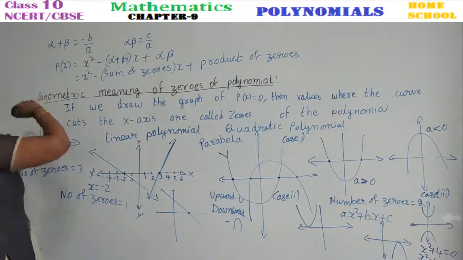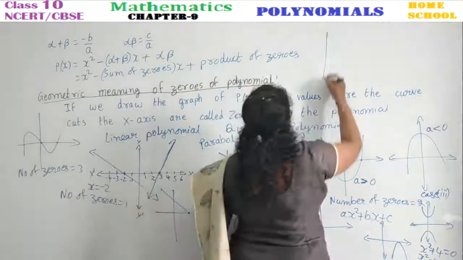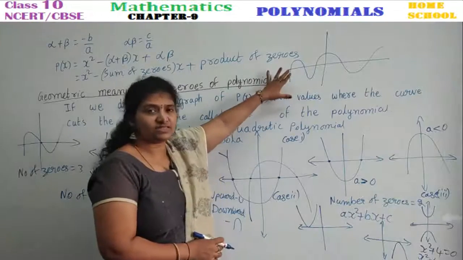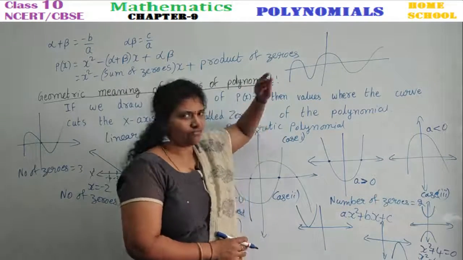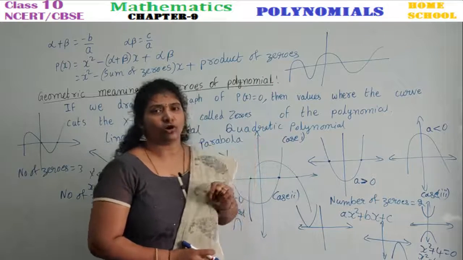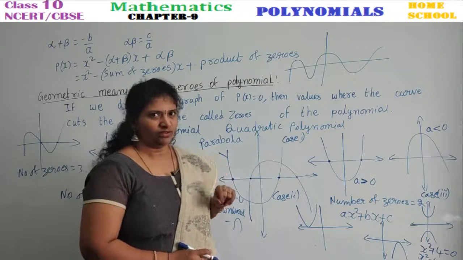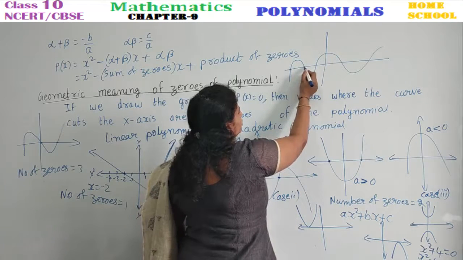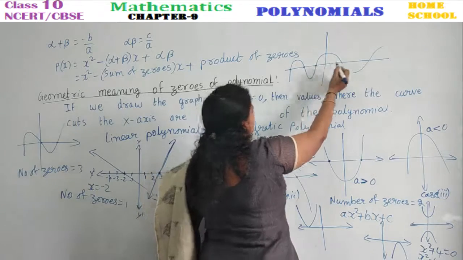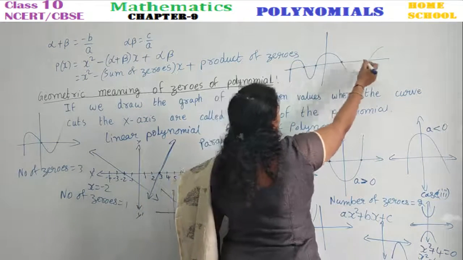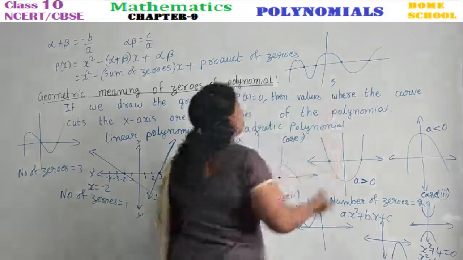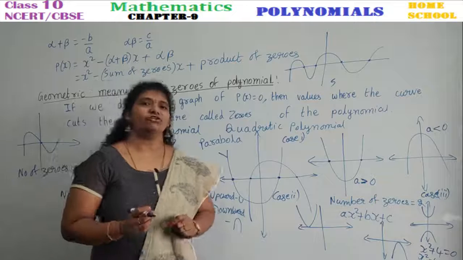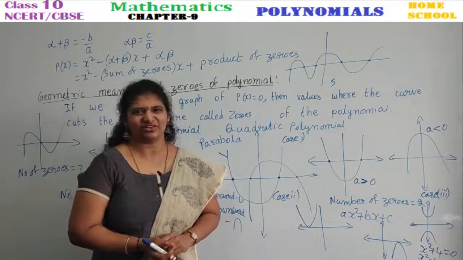Suppose your graph is like this, how many zeros can you identify? We don't consider zeros on the y-axis, children, don't look at the y-axis. Always we equate the polynomial with y equal to 0. Right? So we won't see any zeros on y. See here, on the x-axis, how many points are cutting? 1, 2, 3, 4, 5. How many zeros? There are 5 zeros in the given graph. Right? Like this, we need to identify the graph and say the zeros.